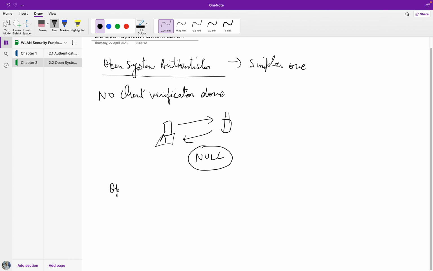Since open system auth is very simple, it's because of the simplicity that it carries, it can be used in conjunction with more advanced network security authentication types. Okay, so listen to me carefully. Open system auth works on layer 1 here. Okay, layer 1. Now since it is very simple,